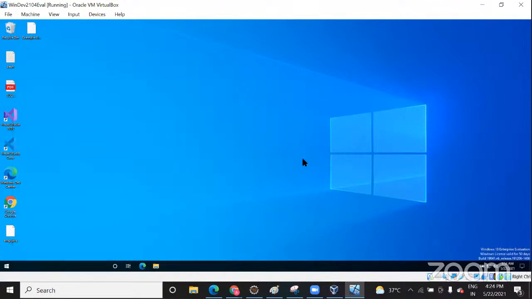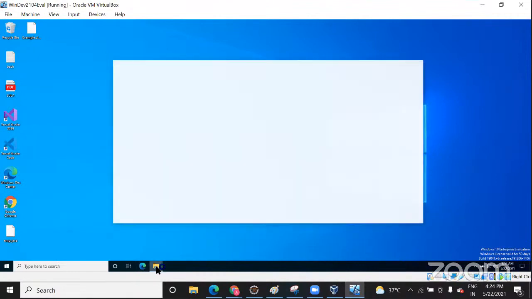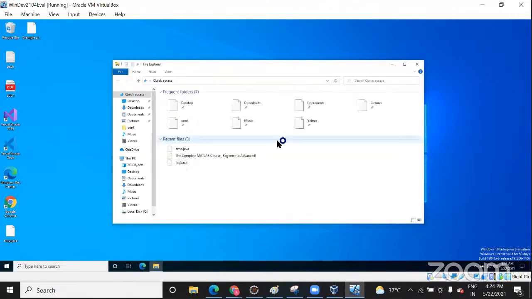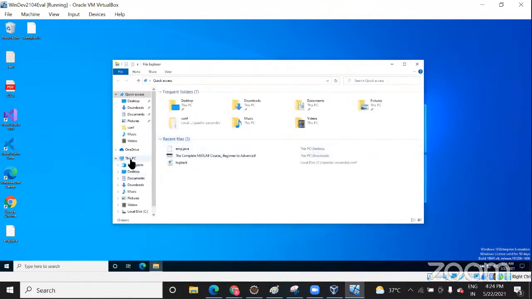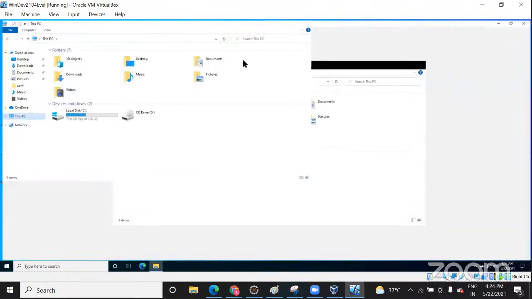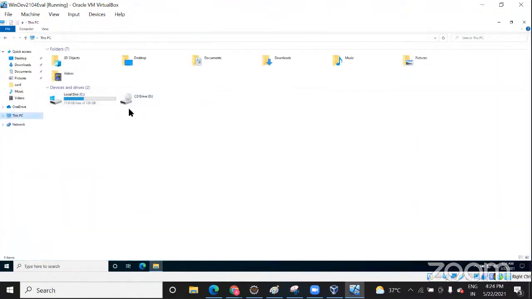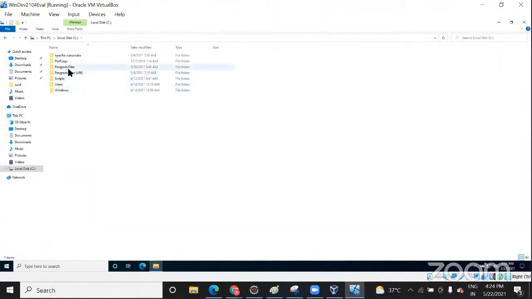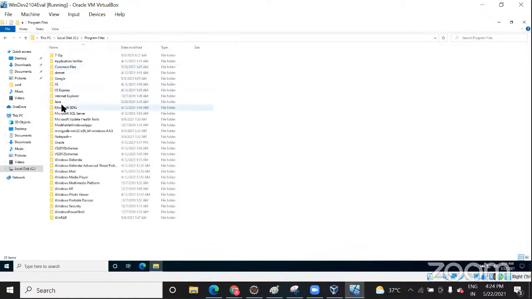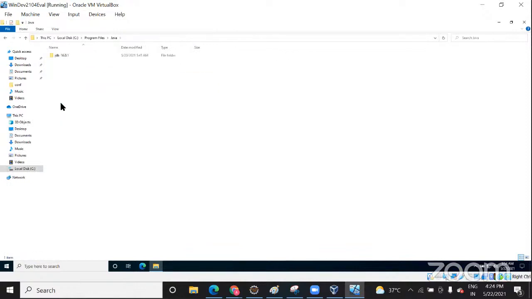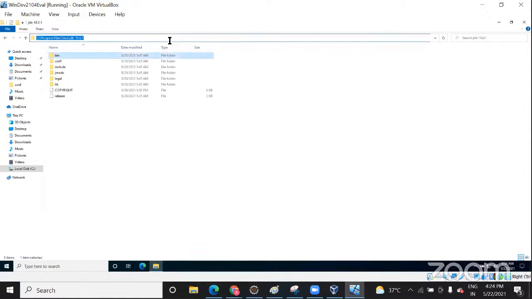Java is usually present in your C folder. So let me show you where my Java is present. The Java folder is present on C. Did you see this? Because it's a virtual box, it's very small. Are you able to see this? Yes. So here in the C drive, when you go to Program Files, you will find this Java folder. This is my Java folder, and I have JDK 16 with bin, right? So you need to give this path to your advanced system setting. How are you going to do that?